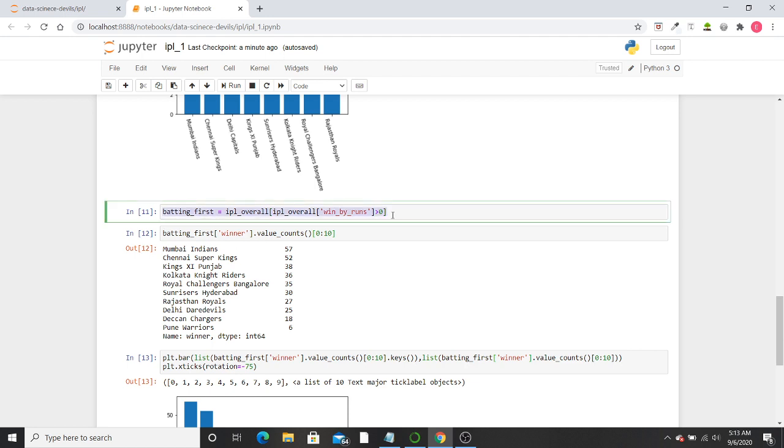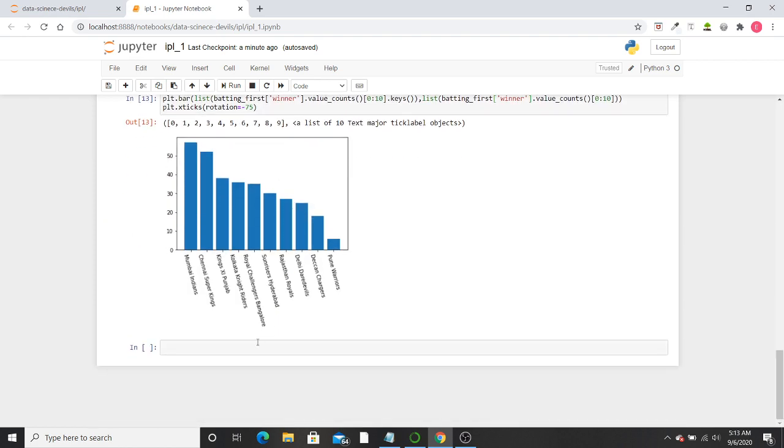So we'll simply copy this. So we don't have to type again and again, and our task becomes easier. Control V. Give this pandas object a different name. It's batting underscore second. And we don't need win underscore by runs, we need by wickets.